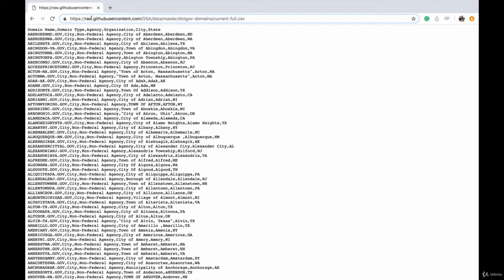The URL to this I'll post as a resource in the video. If you can't get to it for whatever reason, I'll tell you what the URL is. It's raw.github/gsa/data/master/.gov-domains/current-full.csv, and you go there, you find all the .gov sites, and you can do whatever you want with them,